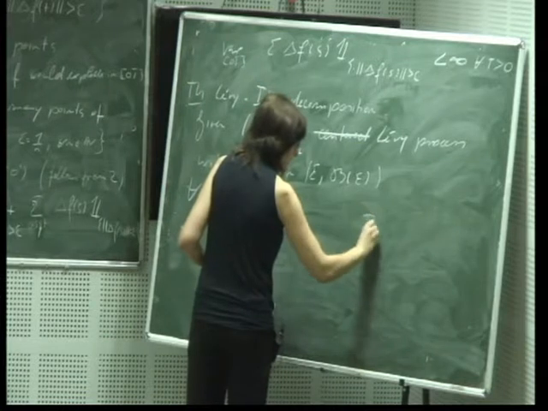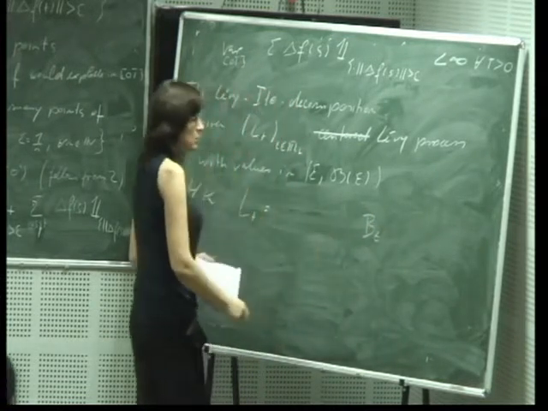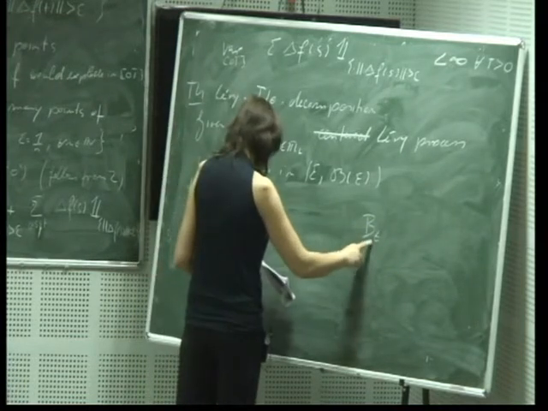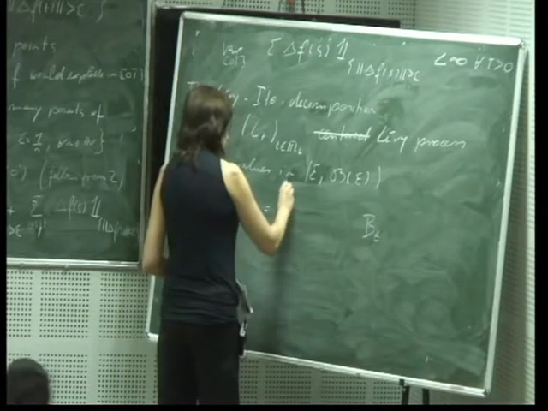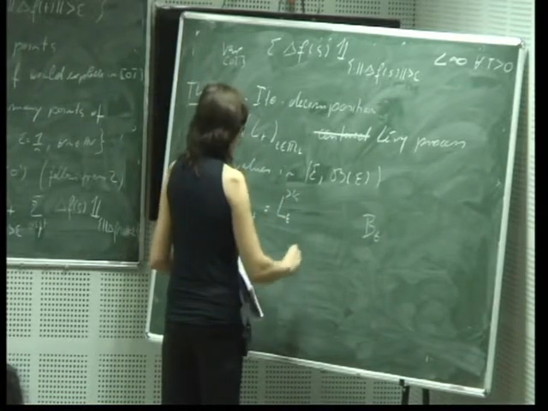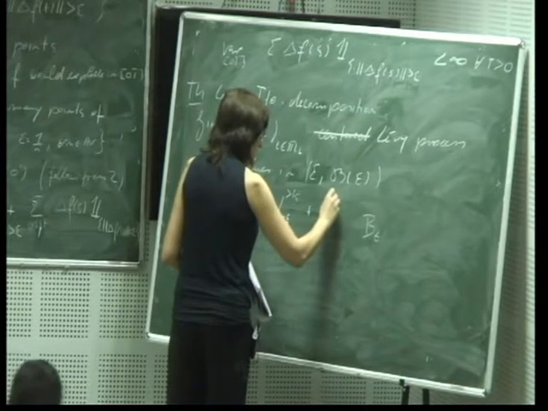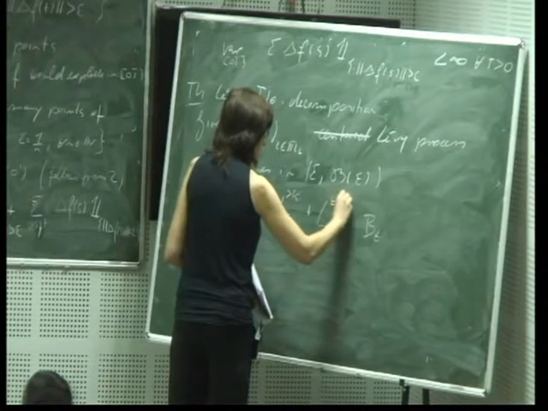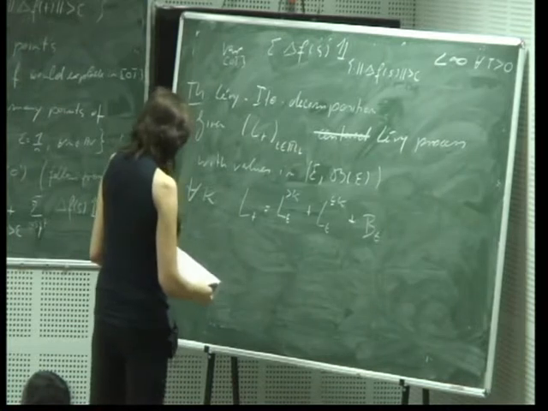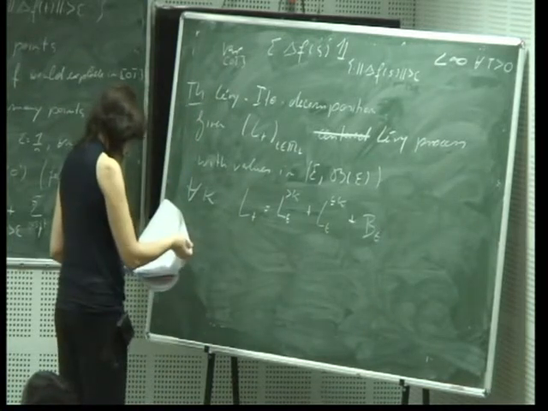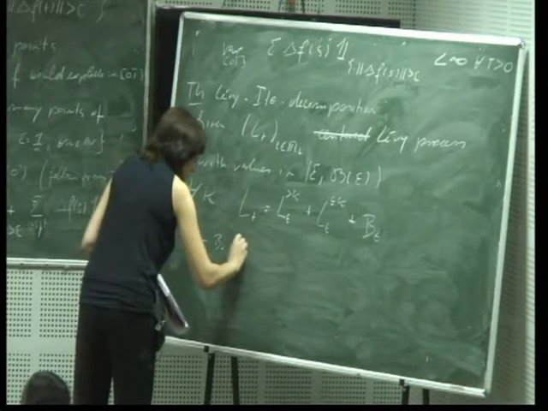Well, we know it path by path: the continuous path, and we said the Levy process with continuous path is a Brownian motion, plus a pure jump Levy process where I consider all jumps bigger than k, plus the pure jump Levy process with jumps less than k. So BT is the Brownian motion,